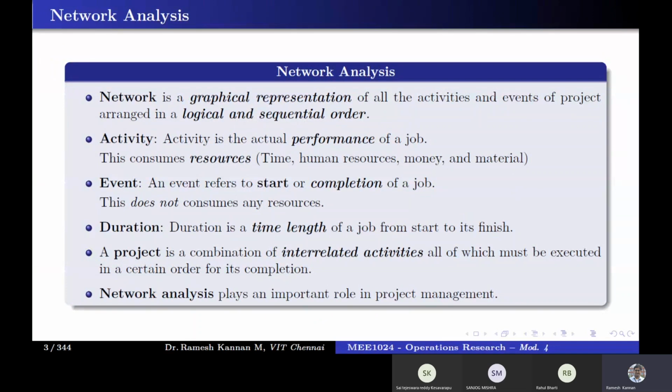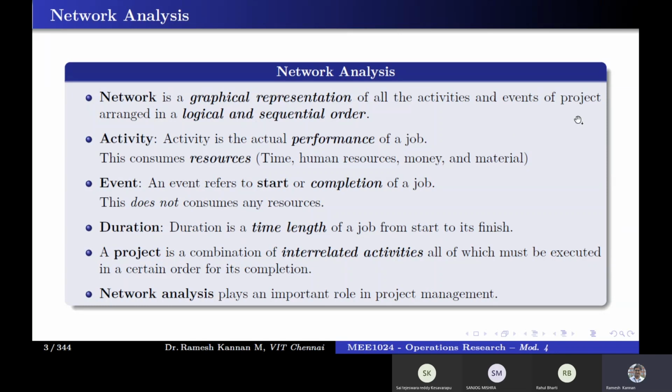For example, in our daily life we come across networks like the railway networks, then probably the transportation problem. It's also a network we can solve using network techniques. So the linear programming we used for solving the transportation, that also can be part of network techniques. The road networks, the maps. If you take the maps, you have got the different district roads, different national highways. If you see, it's all interconnected, so all those things are networks.